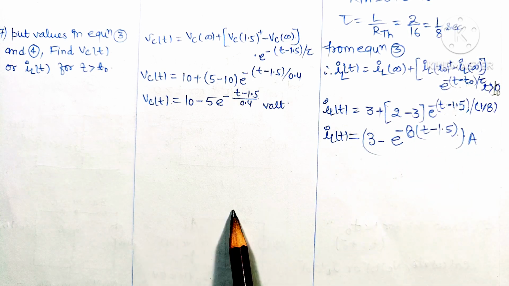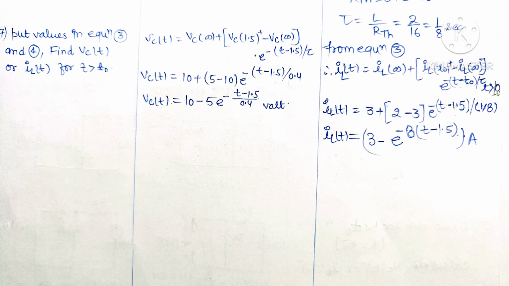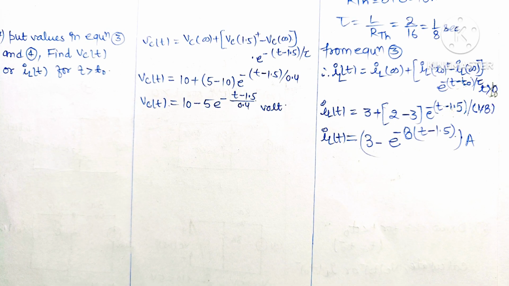So in this way, by using these steps, we can calculate the voltage across a capacitor or current passing through an inductor for any RC or RL circuit when a DC source is connected for t greater than 0 second. We will see more questions and try to understand how we can calculate these voltage and current of a capacitor when the switching concept is included in the question. So see you guys in the next videos.